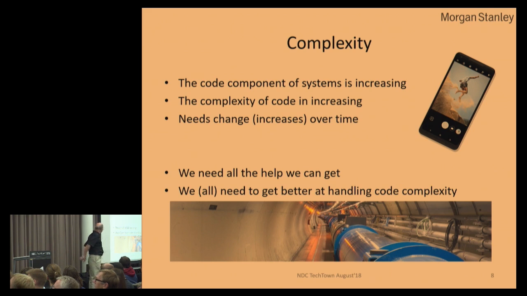One thing that is driving a lot of what we are doing is complexity. The code component of our systems is steadily increasing. I mean, 20, 30 years ago, there was hardly any code in an embedded gadget. Today, it is a huge component, and of course, it's always the last bit to get finished, so we get the blame. The complexity of the code we are writing is increasing with the size of the programs we are writing, and also with the complexity of the tasks that we are trying to achieve.